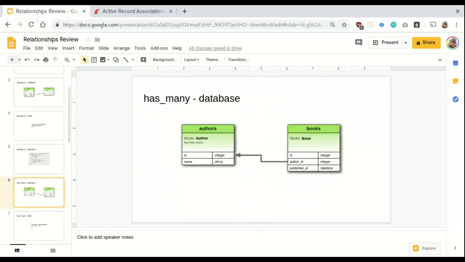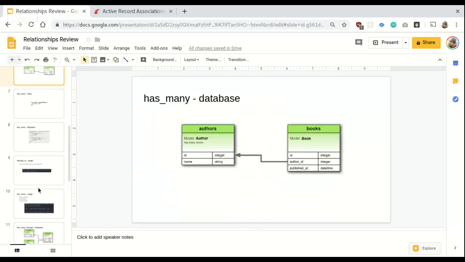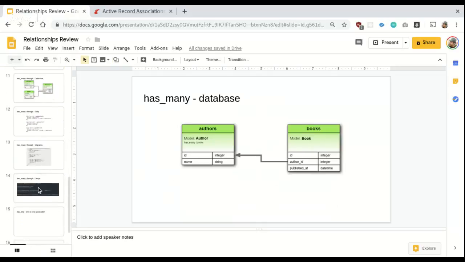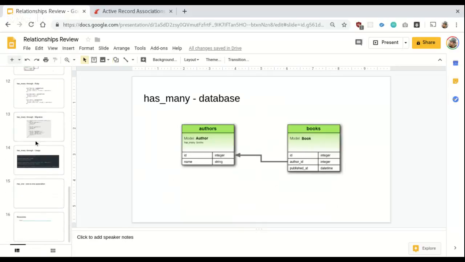Make sense? All right, any other questions? All right, so then,